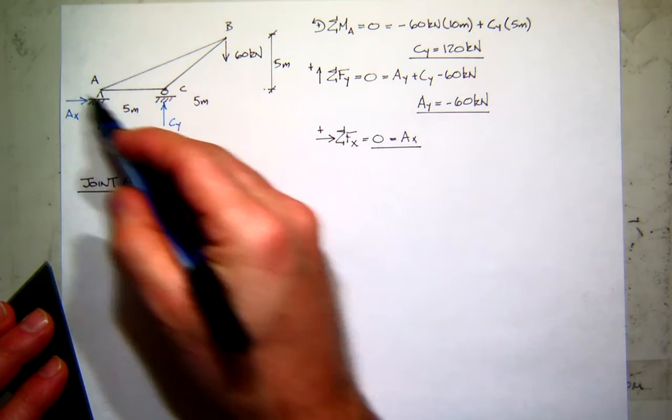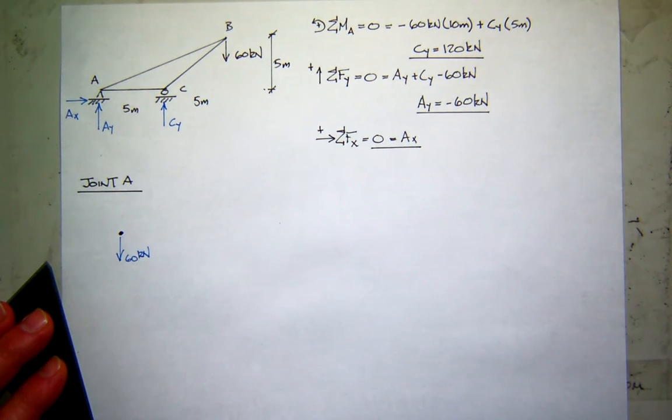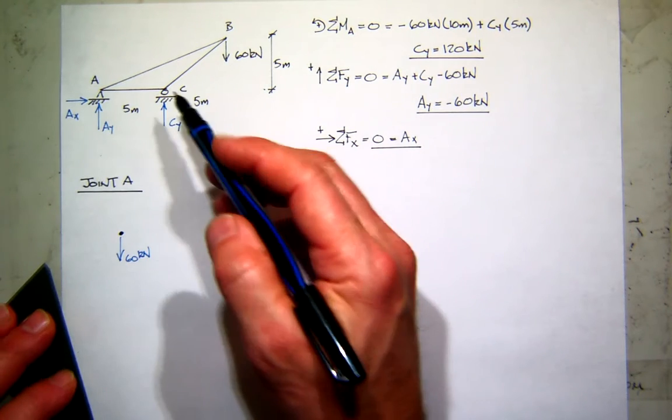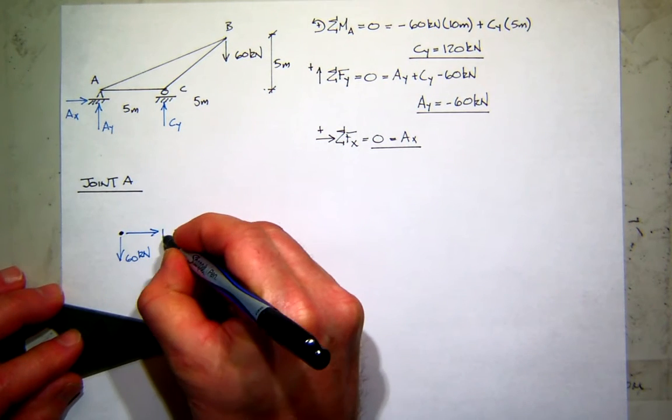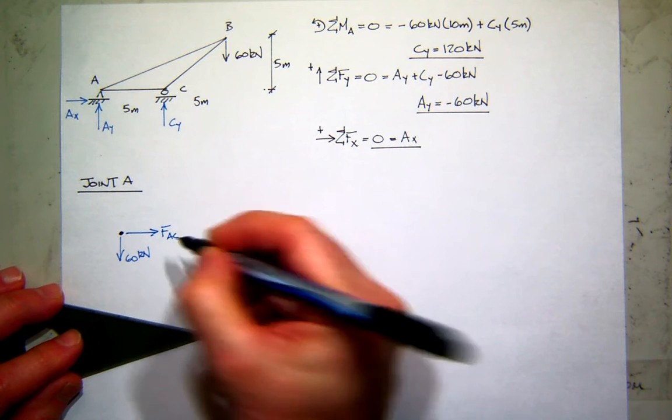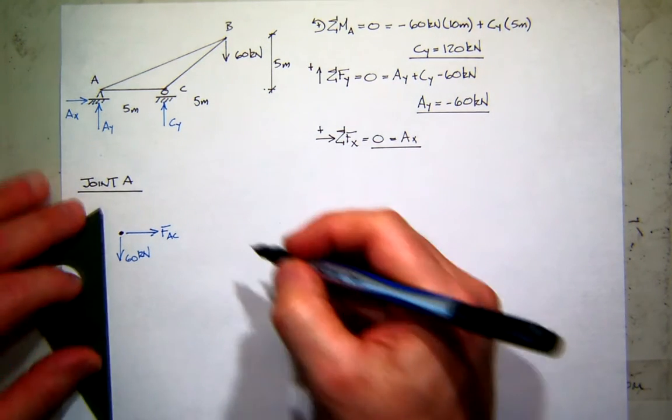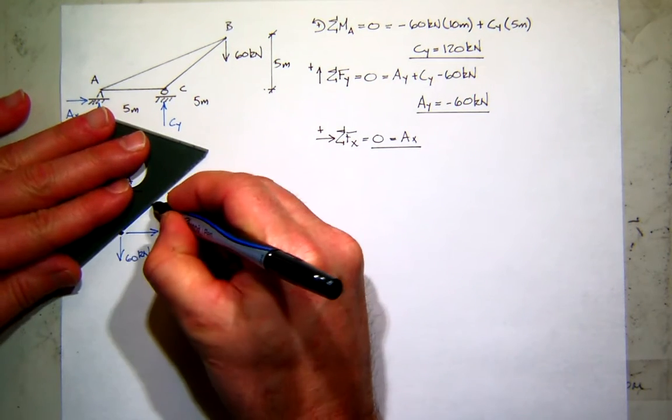What's AX? 0. Nothing to draw. What's the force between A and C? Well, it's tension, right? All horizontal. The force between A and B, tension,